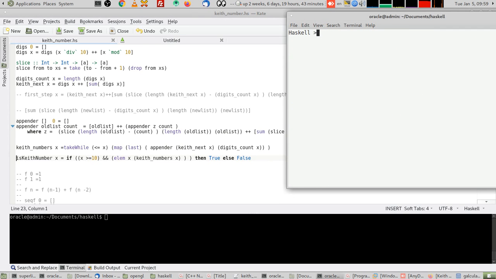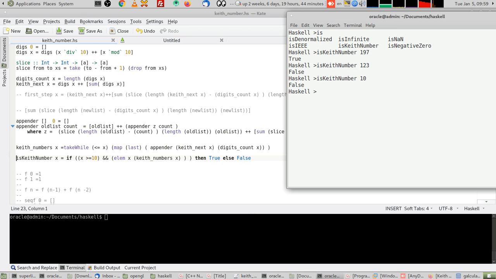Now it compiled. Now I can say, for example, isKeith 197 to give you true. Now 1, 2, 3, no, 10, no also, because it's not part of the series. So this is it. Now the key to understand how it's done